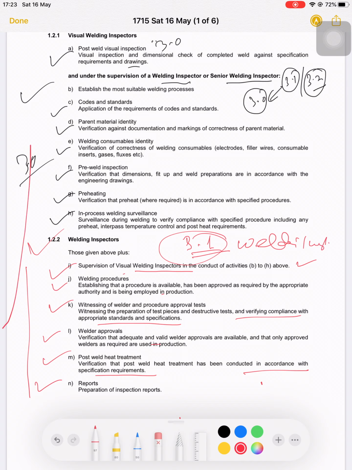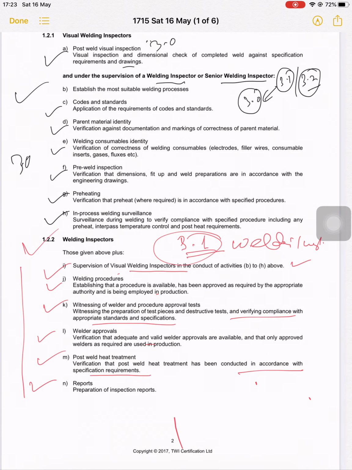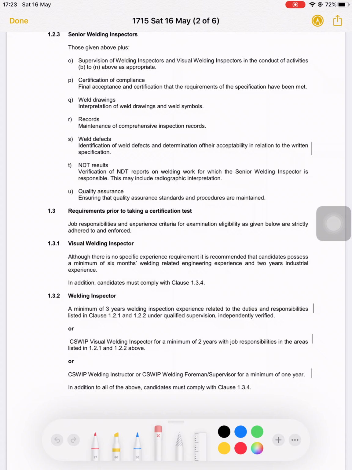Now, the senior certified building inspector.